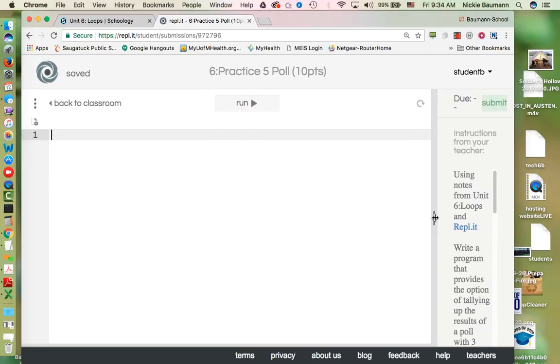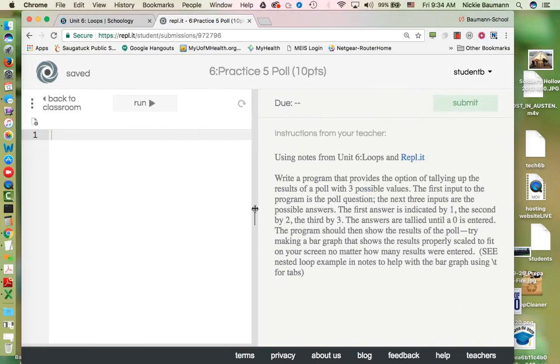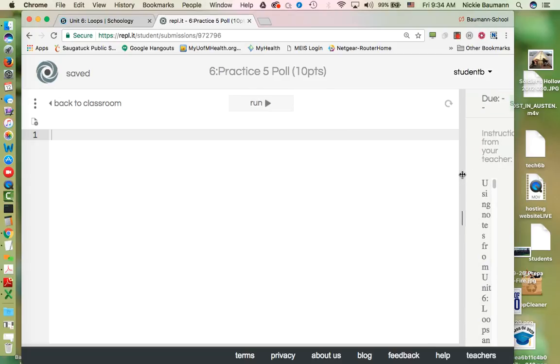Now in our assignment, it first talks that we need to have three options: 1, 2, or 3, and 0 gets us out of the program, and it's going to tally up. Well, the second part would be to make a bar graph, but we'll see if we can get to that. So let's go here. We're going to need our usual input, so include